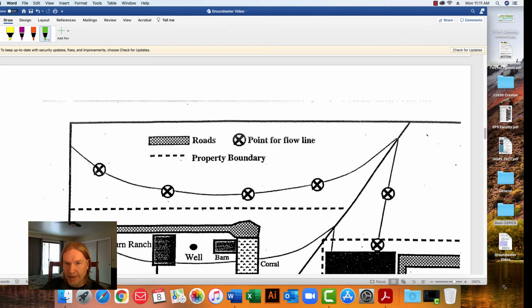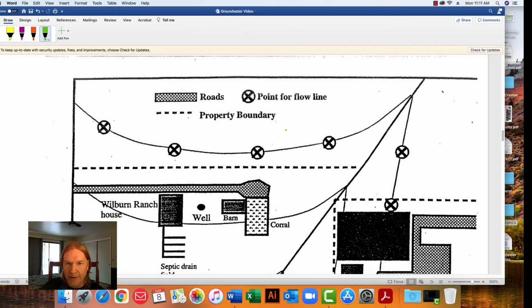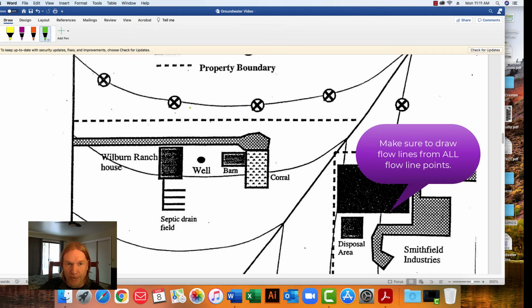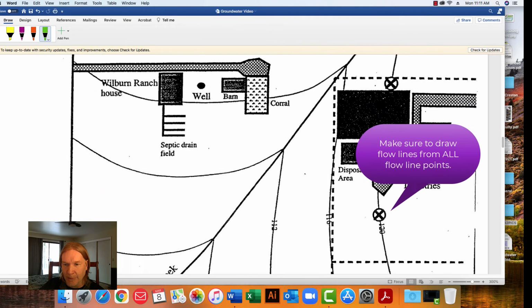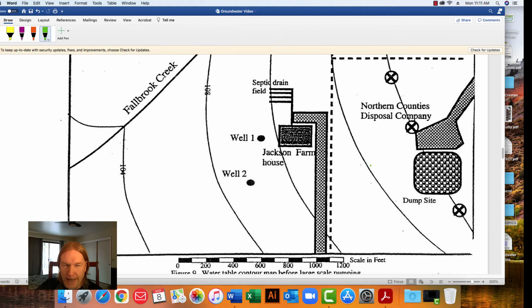So here is kind of the first diagram that we'll have to draw on. So here is a point for flow lines, and it's just asking you to draw flow lines for the water table in this diagram. Let's just start at the bottom here, and we're just going to follow the 90-degree rule